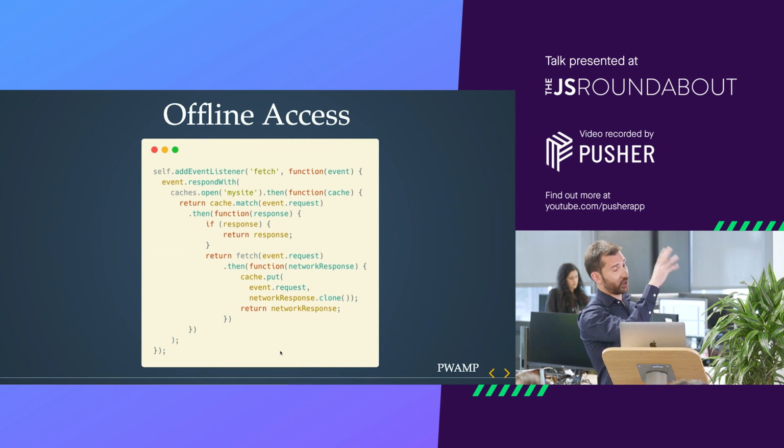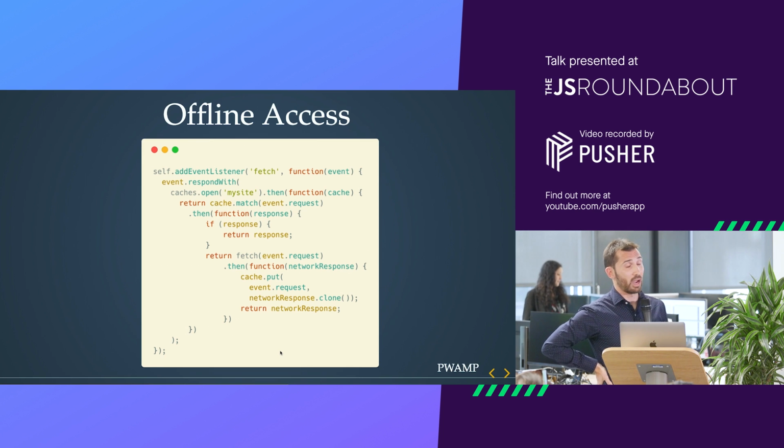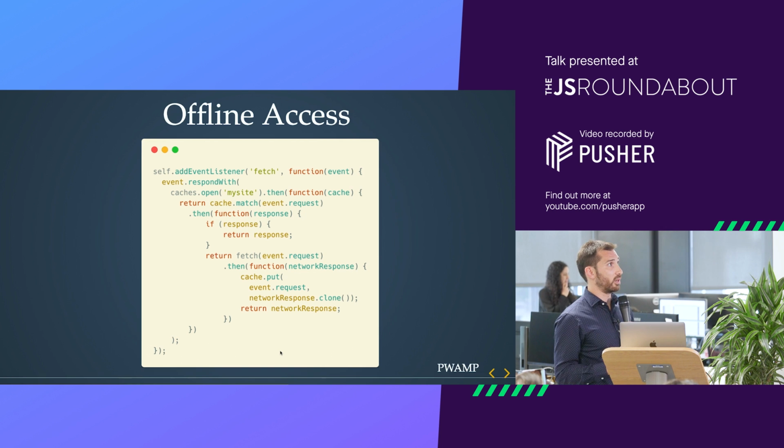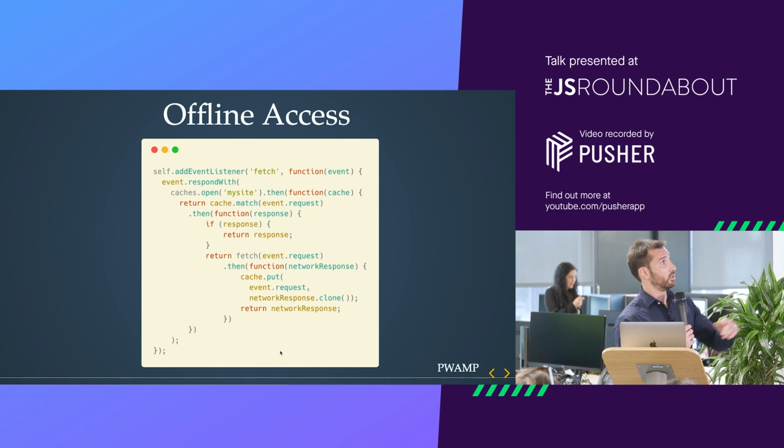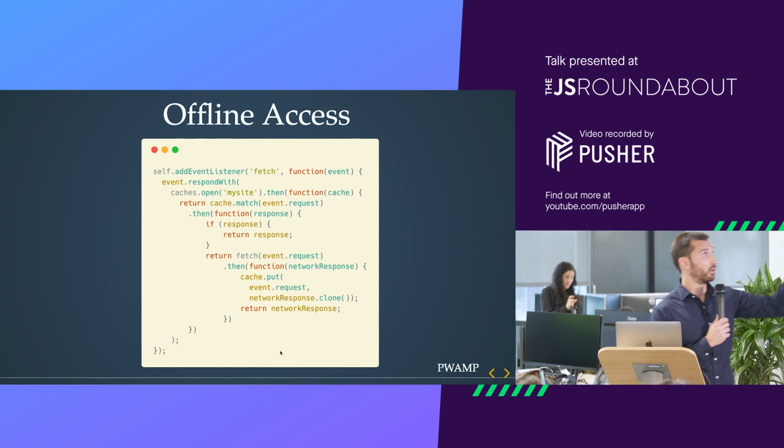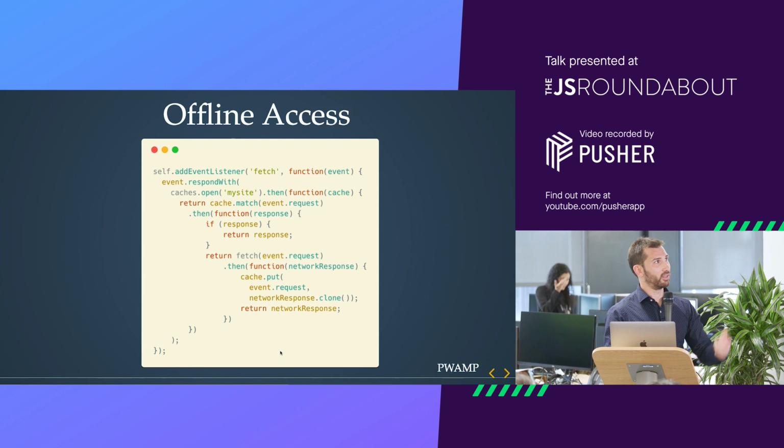And this one is just a snippet for how it works. So when the app tries to fetch any data, it opens a cache, and then with the cache open, it just performs an initial step, like a match. So in the first return,